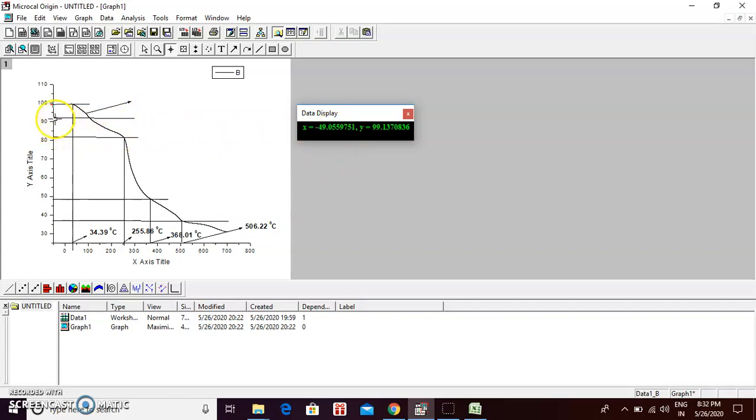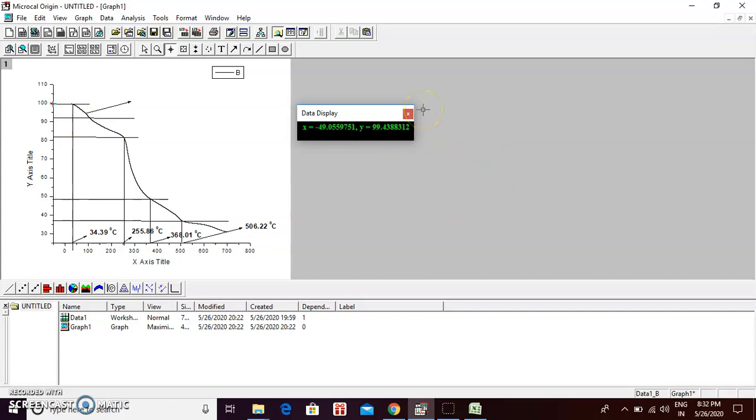And what is the end point of the first step of degradation? The end point is 48.86. This is the y axis. You have to count the y axis: 91.8022 here, and on the top it is around 99.4388.